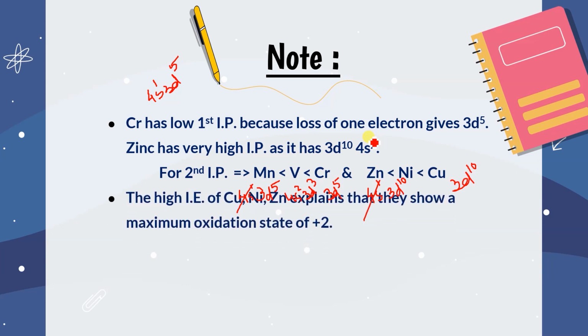Now, the high ionization enthalpy of copper, nickel, zinc. Okay. Now, if I'm talking about this set and this set, which one has more second IP? This set will have more second IP. Got it? What is the reason? Because they show only the +2 state. Once they lose two electrons, they all get the half-filled or fully filled stability. Hence further they will not lose any electron, but in that case they can lose. So the second IP of zinc, nickel, copper is the highest with respect to any other element of this series.